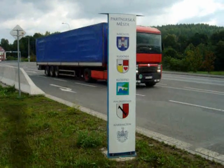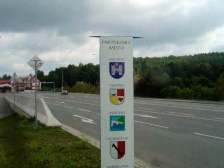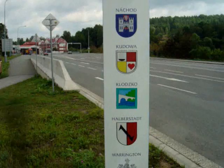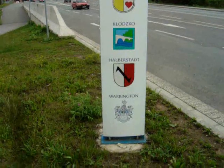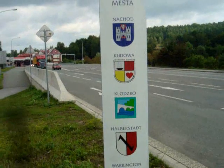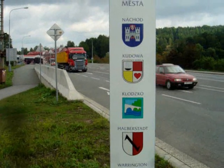And also we see here the partner towns of Náchod. It's done a very good job in not putting its costs up too high, because the first place we see is Kudowa, and then the second place is Kłodzko, both of which are very close, so that's not going to cost it too much. Halberstadt and Warrington, well, maybe that is a little bit further, but at least when they have a musical evening, they can nip over the border and not have to worry about huge